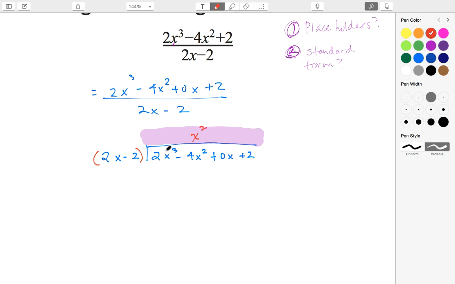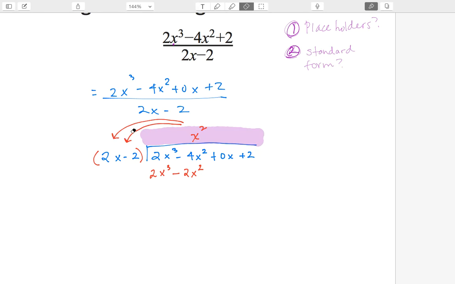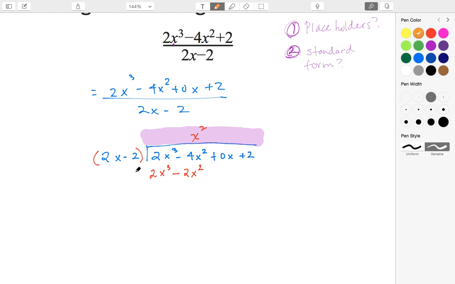And notice that I'm not putting it on top of the x cubed term because I want to line it up. So my x squared term should line up here, my x term should line up here, and my constant should line up here. Okay, so then what you're doing, I'm only going to show this once, but what you're really doing is distributing this x squared times 2x, which gives you 2x cubed, and then you're also distributing it to the negative 2. So you get negative 2x squared. Okay, so I'm going to erase those arrows, but that's technically what you are doing in that process to get the second line. Now, here, we make sure that we are subtracting